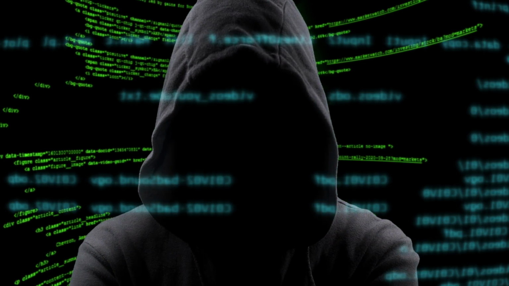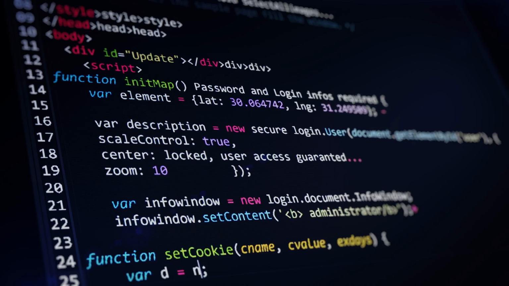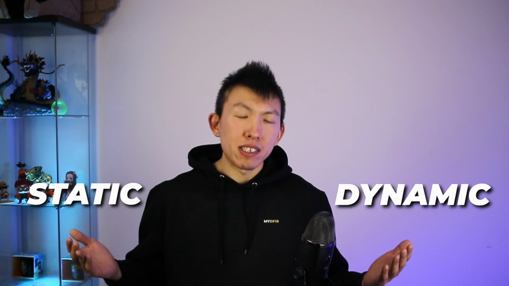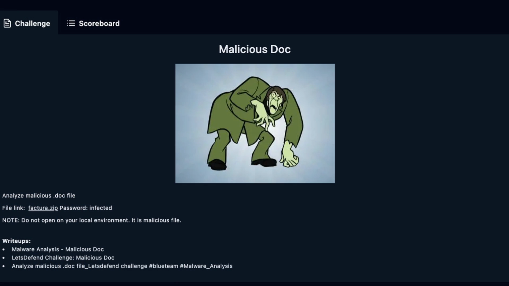Being able to perform malware analysis can be extremely beneficial during an investigation, as uploading it to a sandbox can tip your hand to an attacker who might be monitoring to see if their binary had been uploaded for analysis. Now, you don't need to be an expert and reverse engineer malware, but you should know how to perform basic static and dynamic analysis. Today, we'll go over a lab together from Let's Defend, and if you want to follow